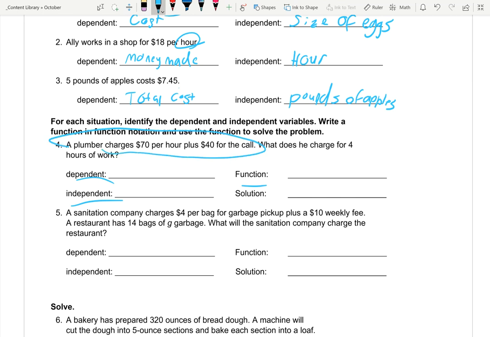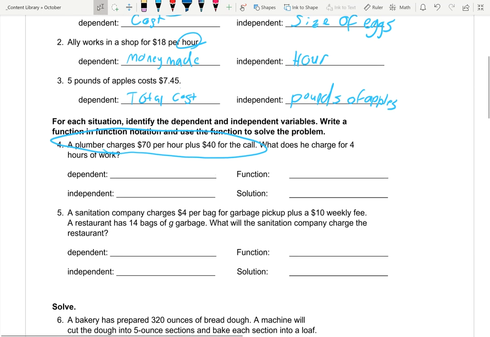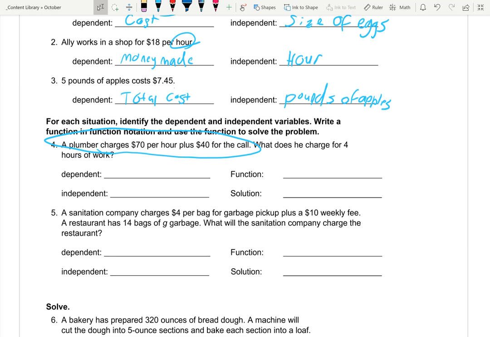And we can get all that information from just this first sentence. So plumber charges $70 per hour plus $40 for the call. So dependent and independent variable. Remember, independent variable is something that can change and fluctuate and affect something else. So the independent variable here would be the hours that our plumber works, right? Hours